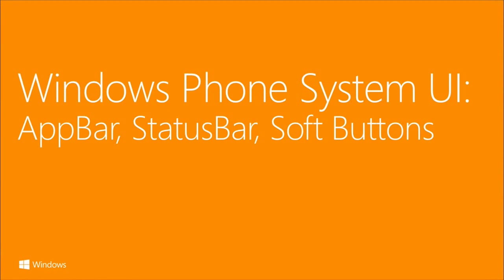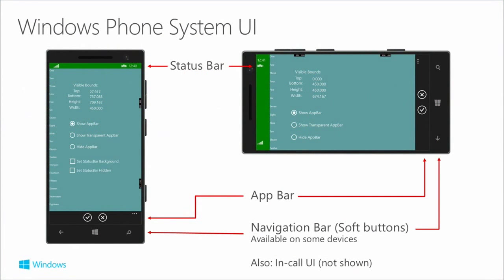Right. Now I'm going to just talk a little bit about some of the system UI, the app bar, the status bar, and soft buttons. These are kind of controls and kind of system UI. So these are the bits that the system will show at times to intrude on your display surface. So we've got the status bar at the top there, which is where all your icons go for like battery strength and whether you're on Wi-Fi and whether you're roaming and which strength of network you're on, all that kind of stuff, and a little clock and that sort of thing.